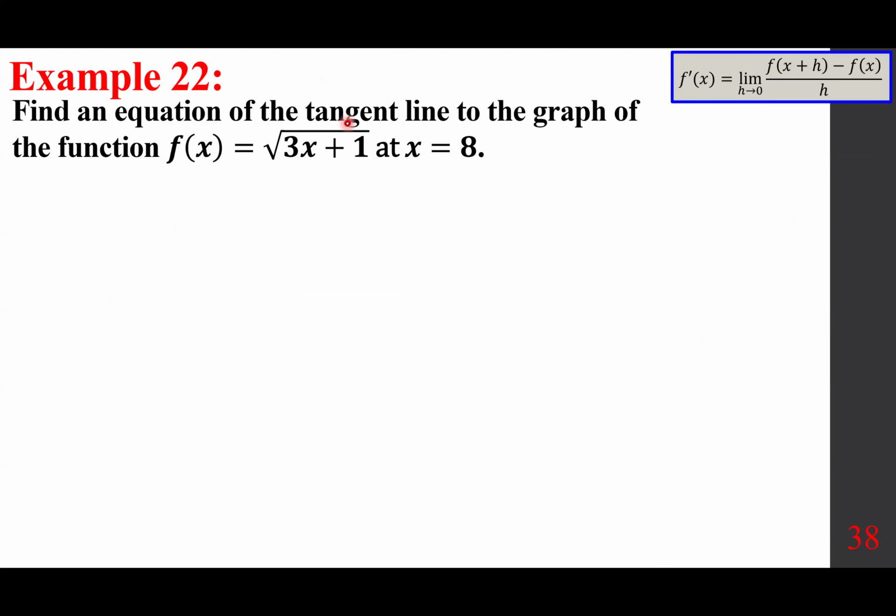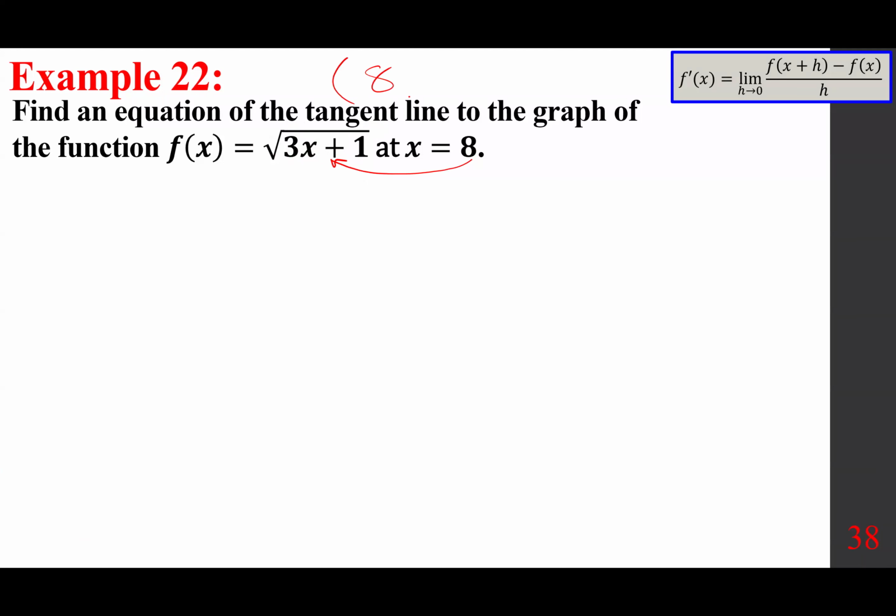Find an equation of a tangent line to the graph of the function f of x equals square root of 3x plus 1 at x equals 8. When you want to find an equation of a line, you need a slope and you need a point. They can give you a pair x comma y, or they may just give you x. If you plug in, you get the y coordinate. When we plug in, we get 3 times 8, 24, plus 1 is 25. Take a square root, and the pair